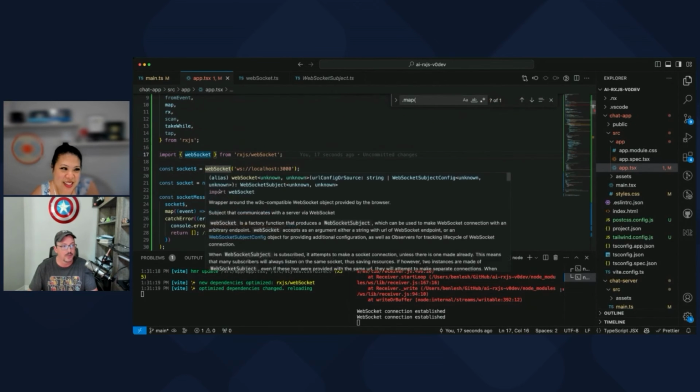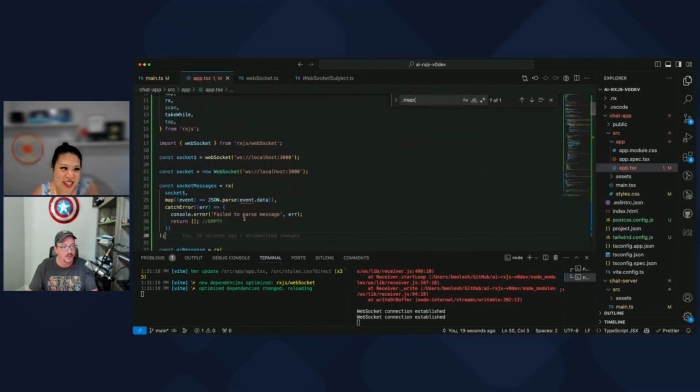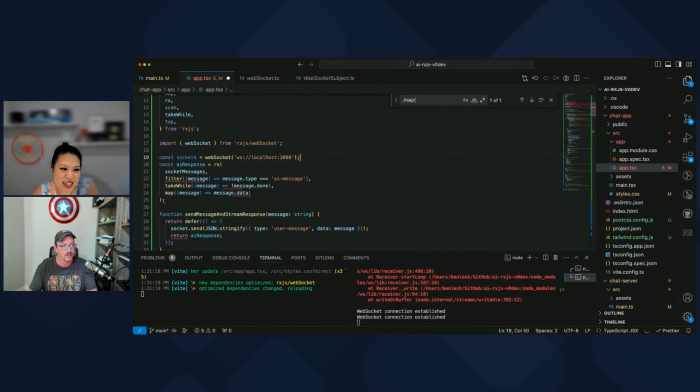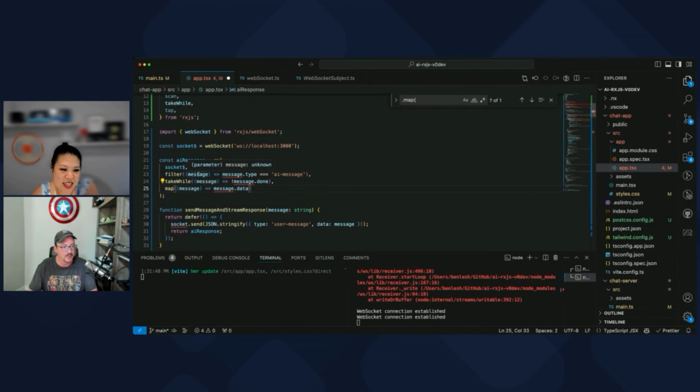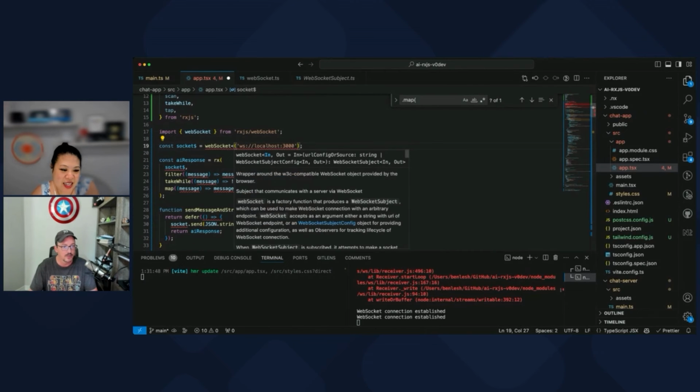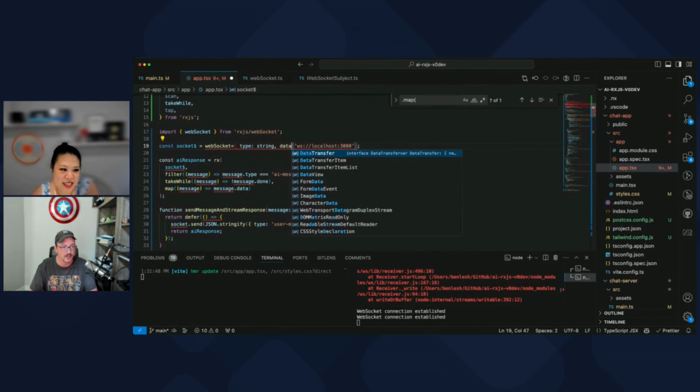All right, so we get to remove a bunch of crap here and here. Socket messages are just going to come from this. This is a message type. So the in messages and out messages are just going to be type string data.